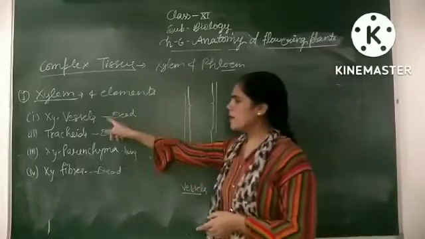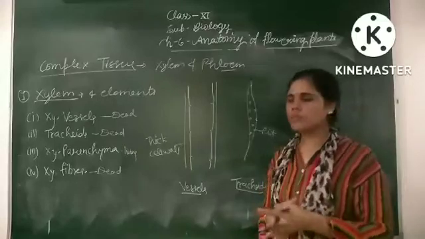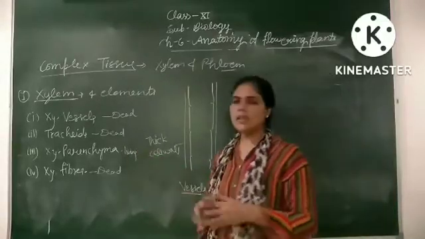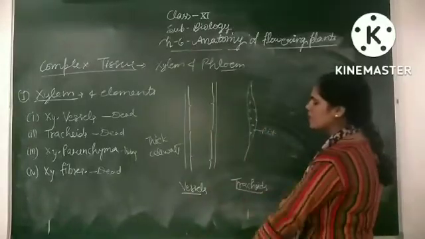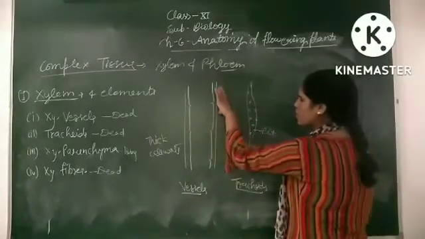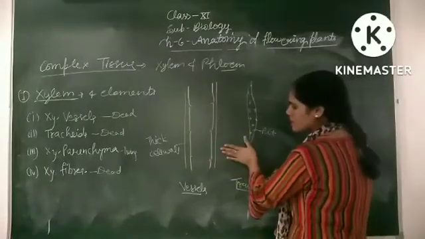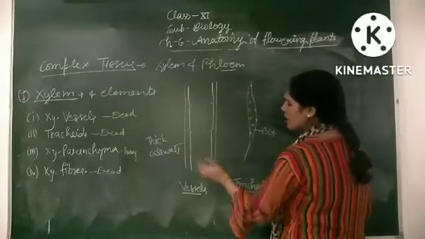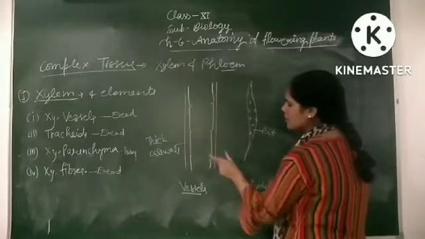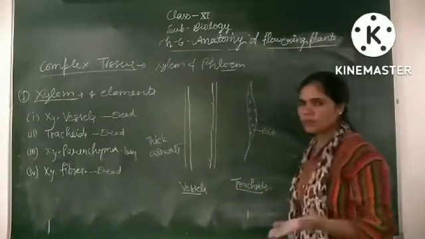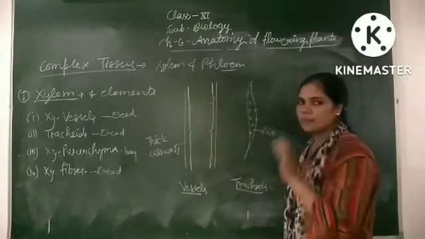In this, xylem vessel and xylem tracheid mainly do the function of conduction of water from roots to the stem, and parenchyma and fibers are the supporting elements. This is the structure of the xylem vessel. A xylem vessel is made up of many small cells, and the intermediate septation gets dissolved. It's like a tube-like structure, and the cell wall is thick due to the deposition of lignin. The vessel is open at both ends and pits are absent.